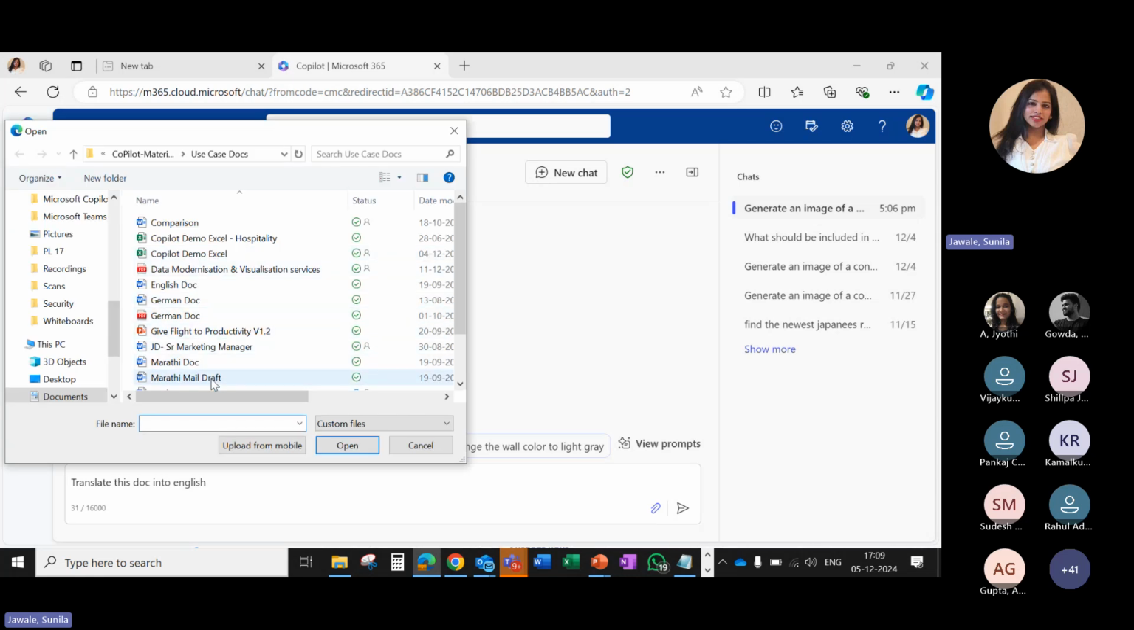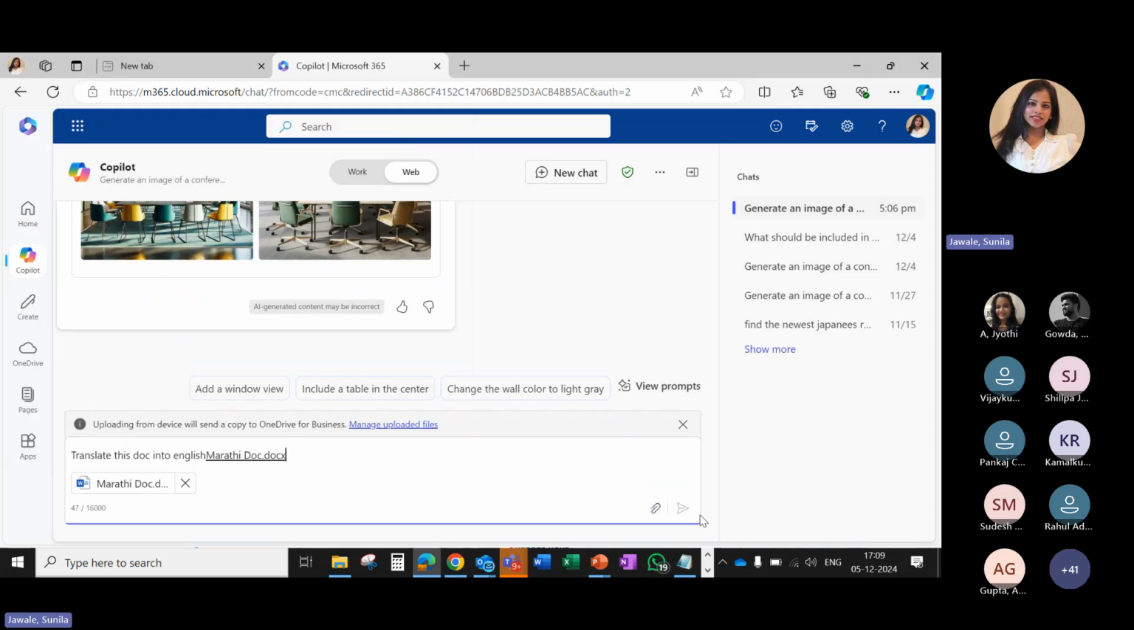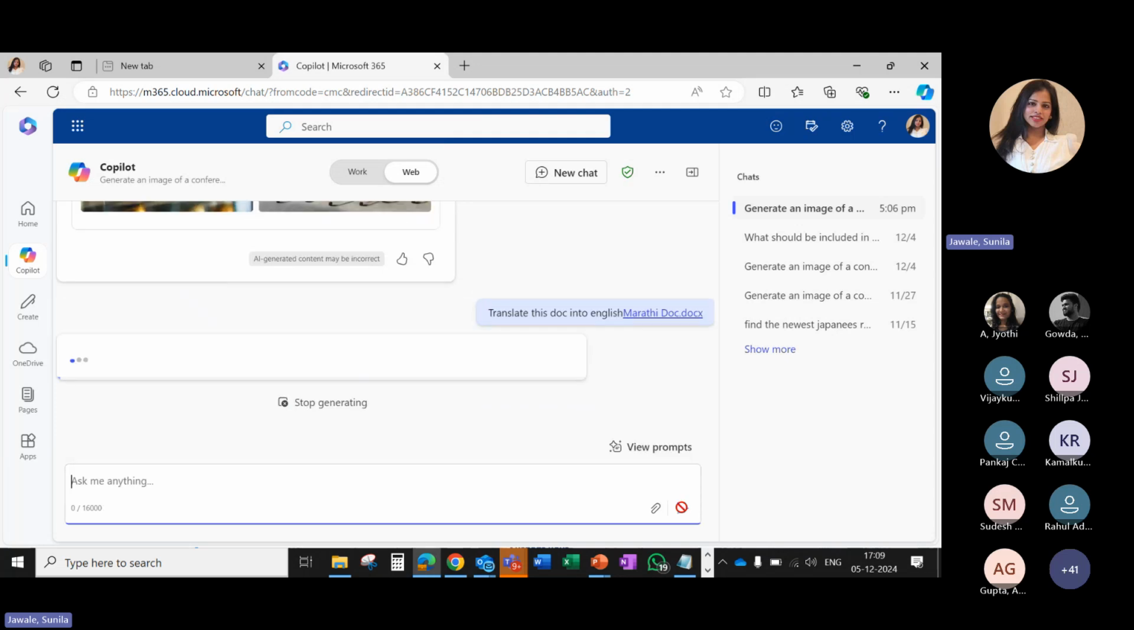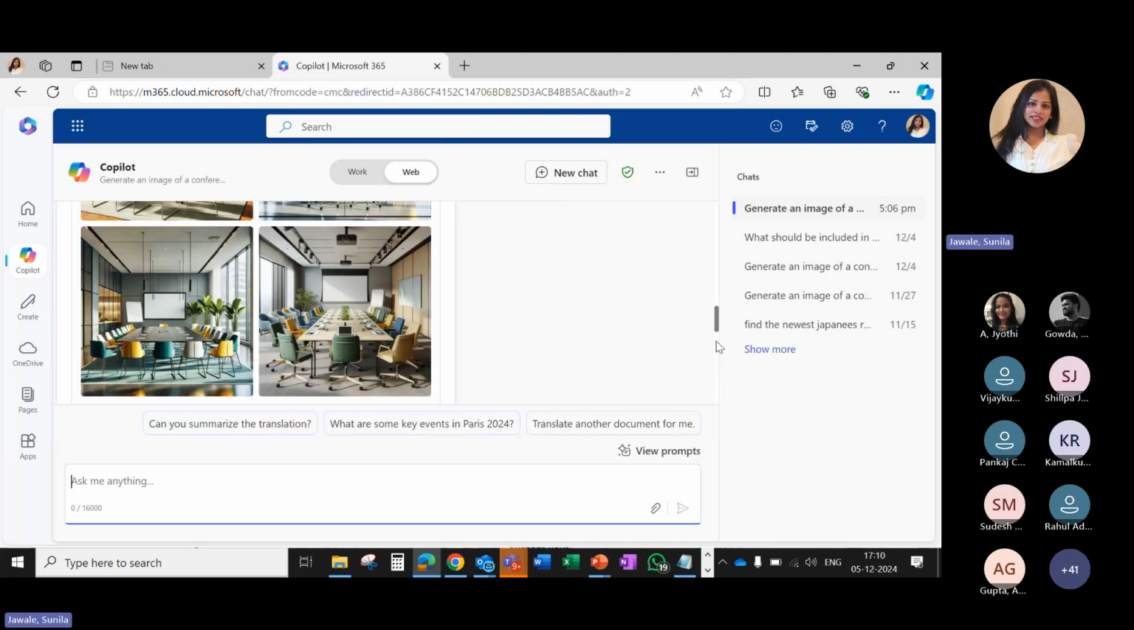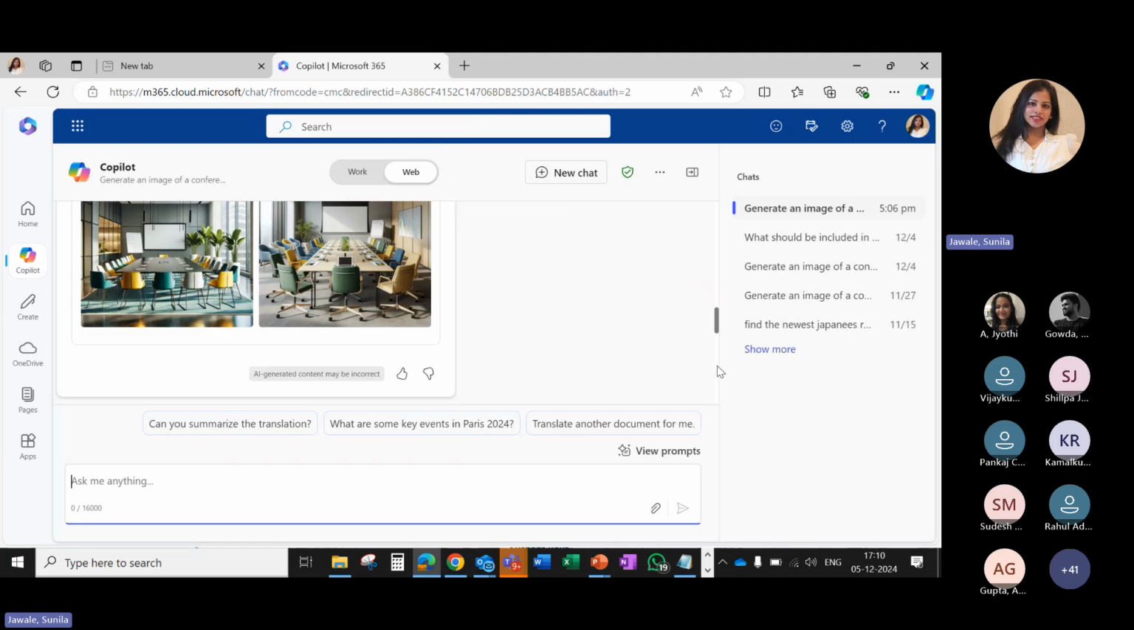So we had certain documents that we converted from Marathi to English. In that case, you can just go ahead and attach your document without having to worry that your data or these agreements will get leaked. You can easily translate your specific Marathi documents into English. As you can see, very quickly my document has been